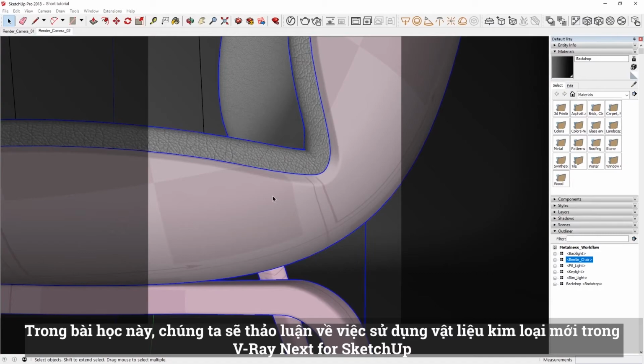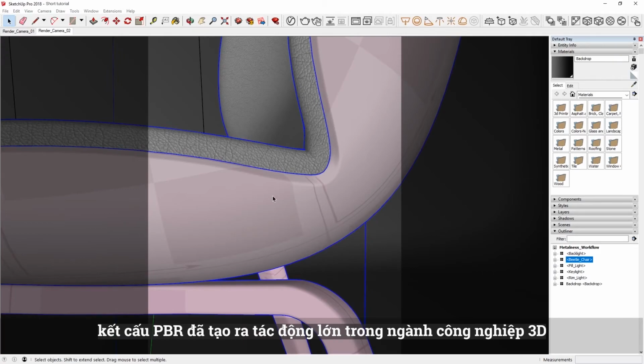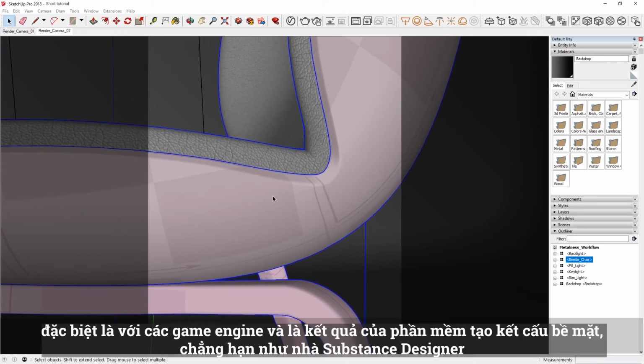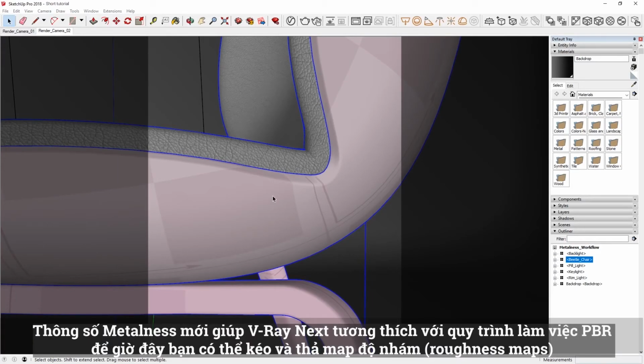In this lesson, we'll discuss using the new metallic material in VRay Next for SketchUp. PBR textures have made a major impact in the 3D industry, particularly with game engines and as a result of texturing software such as Substance Designer. While these textures could work with VRay using some tweaks in the past, the new metalness parameter makes VRay Next